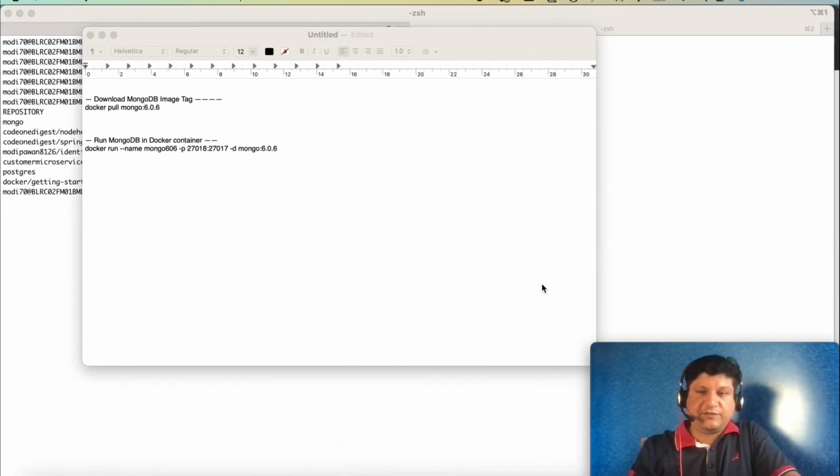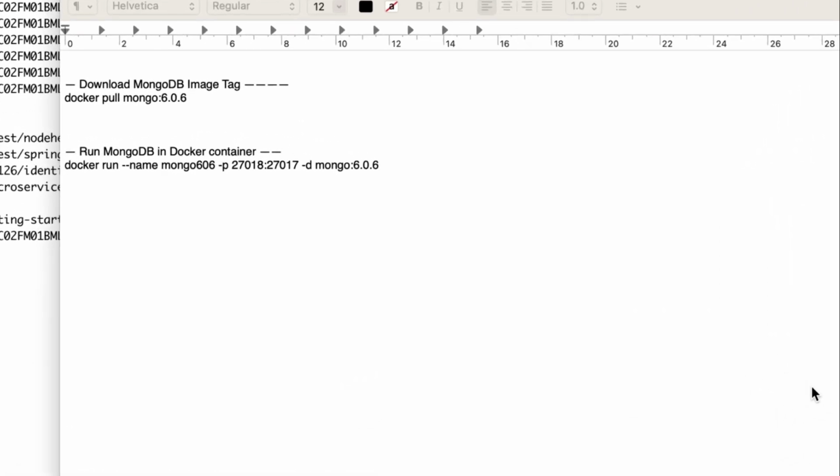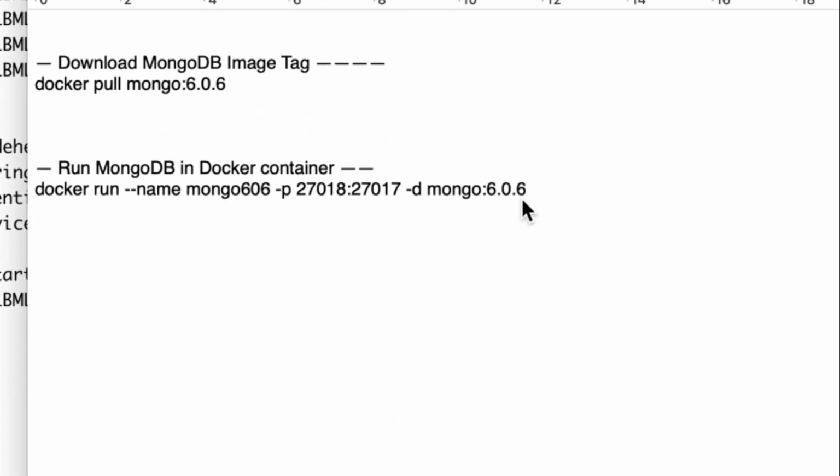Okay friends, so now as we have downloaded the MongoDB image from Docker Hub repository, the next step is to run it, and here is the command that we are going to use. docker run --name is the name of the container. I am giving the container name mongo606, and -p is for the port mapping 27018 to 27017. So what I am doing is, as we know that MongoDB runs on a default port 27017, so MongoDB